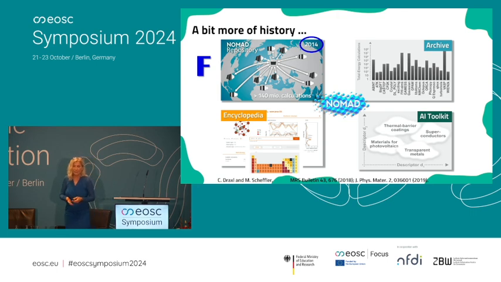Right? So, the FAIR data that are uploaded there are, of course, findable, and they're also accessible because you can download them. But we wanted to have them human accessible, in the sense that, let's say, an experimentalist or an engineer can't make sense of a data file. So we wanted to show the community what the results of these calculations were, and this is what we did with the NOMAD Encyclopedia.